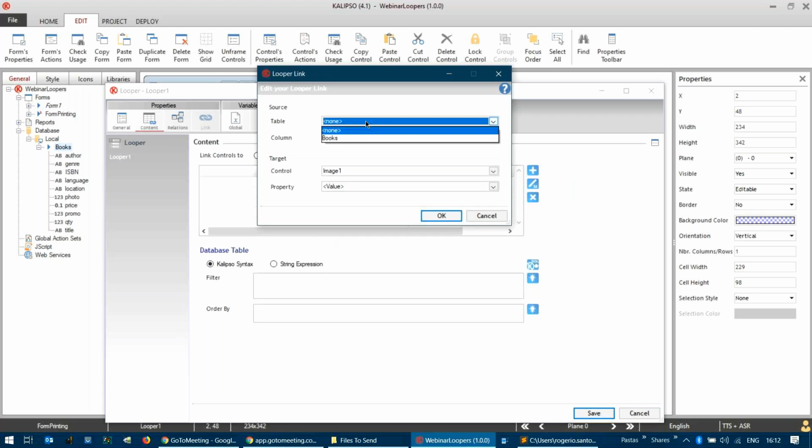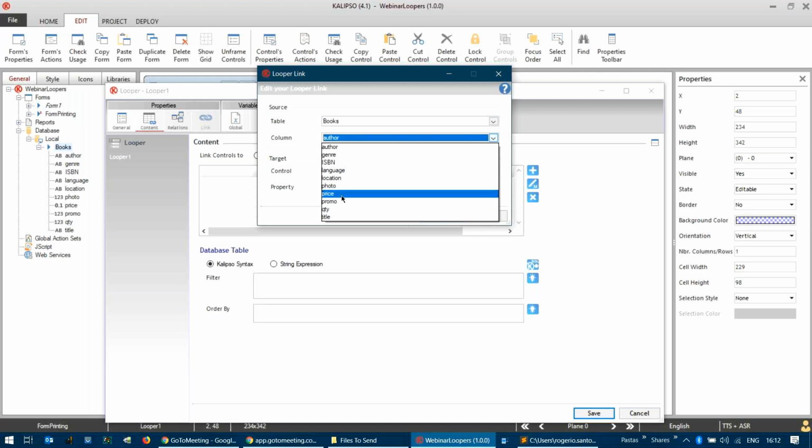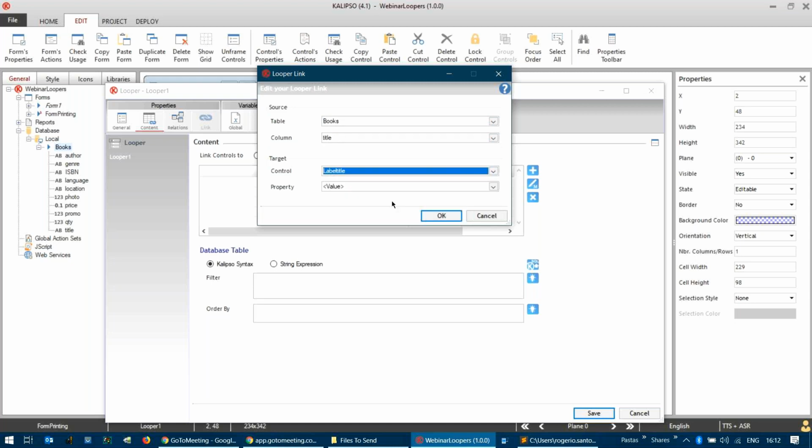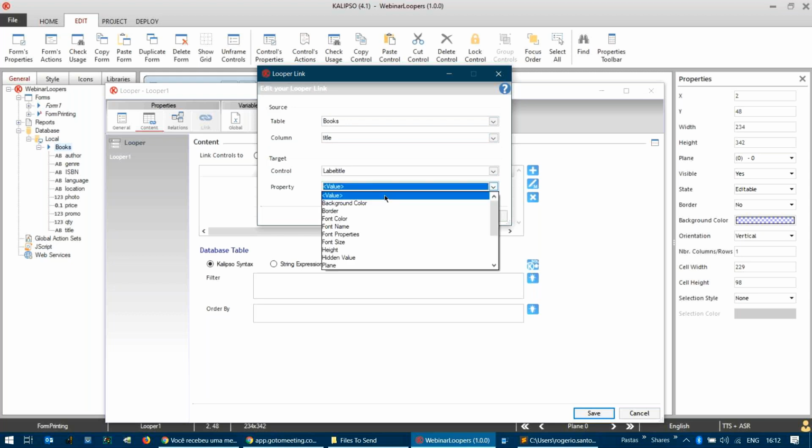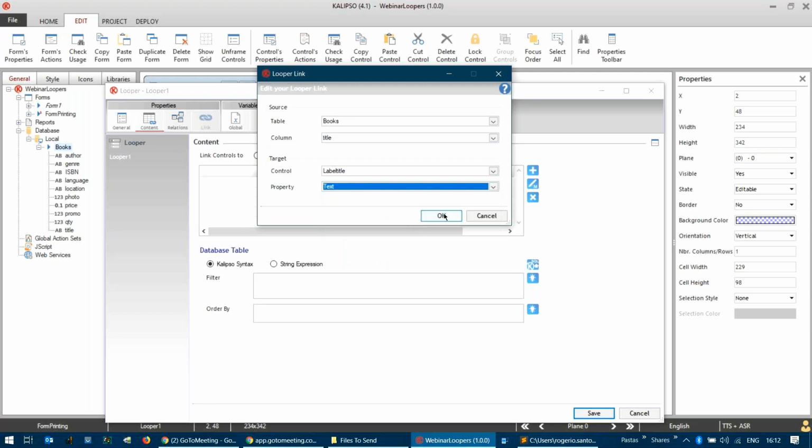A looper link basically is how we connect any property of a given object to a column on a database table or an SQL query. So here I'm going to select books, the title, and then I'm going to assign it to the title. We could put it on the value property, or if you want to be more precise, we can put it on the text. So title, author,